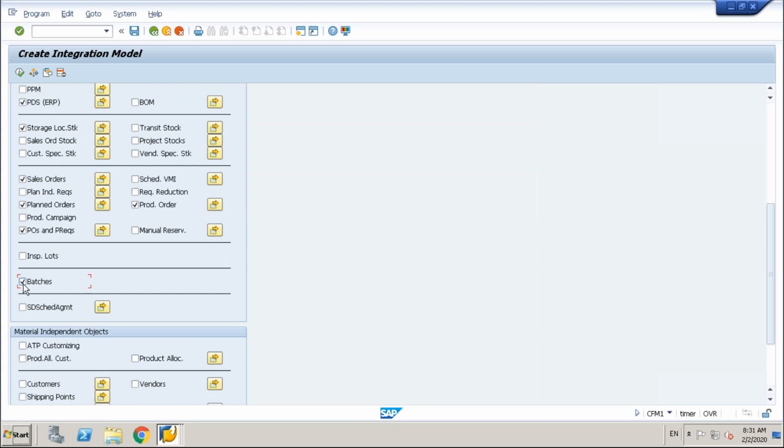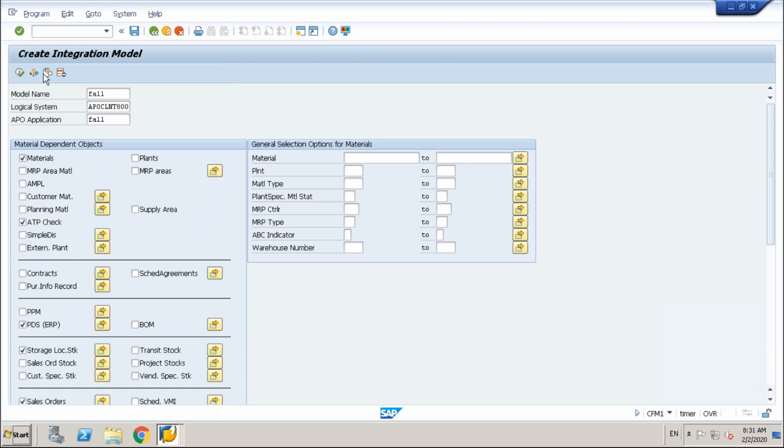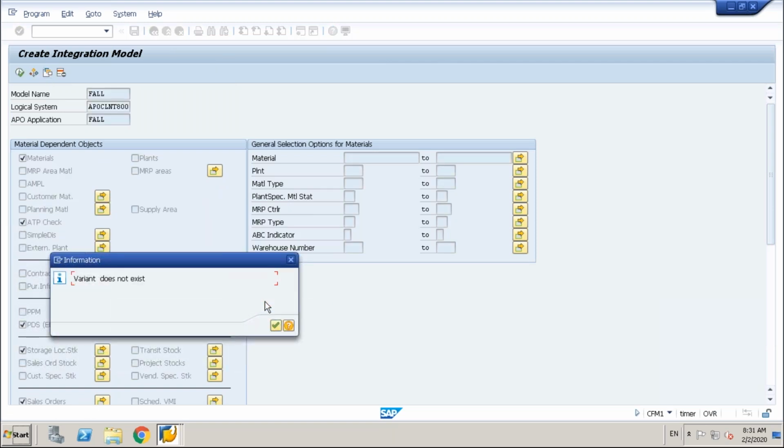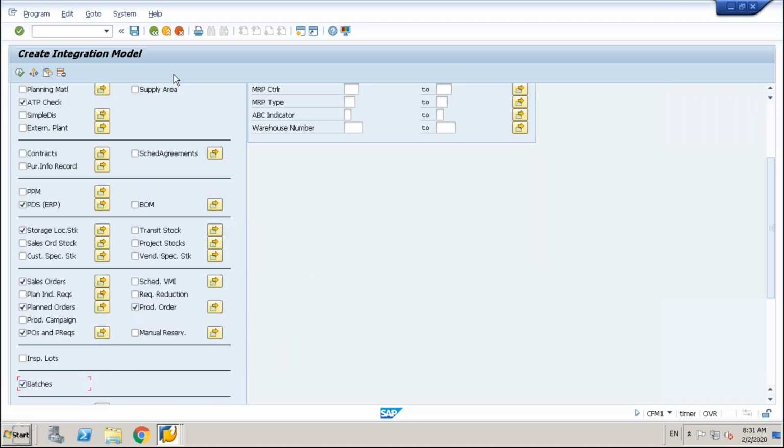So all these things you can have in one. You can take any material, or see, I have created so many variants these days while I was teaching APO. If you need to remove all this,